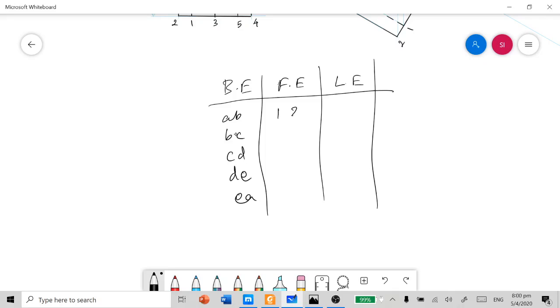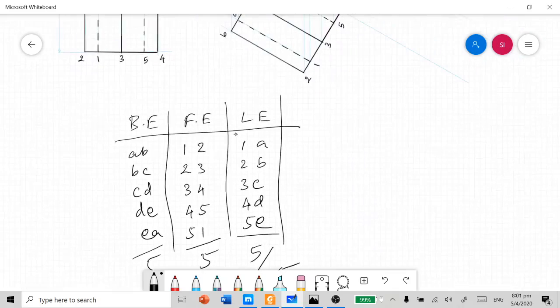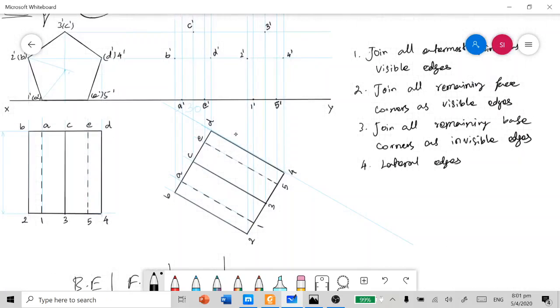In the face, they are 1 2, 2 3, 3 4, 4 5, and 5 1. In the lateral side, 1A, 2B, 3C, 4D, and 5E. So totally we have 15 edges in this solid. Let's connect one by one.